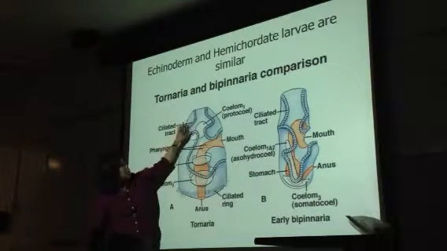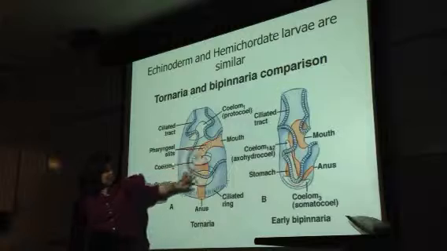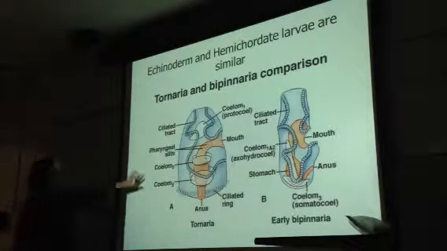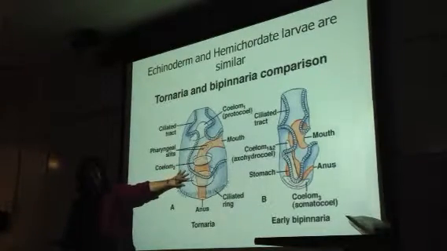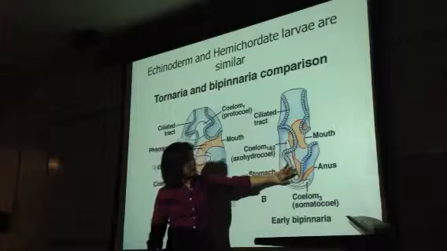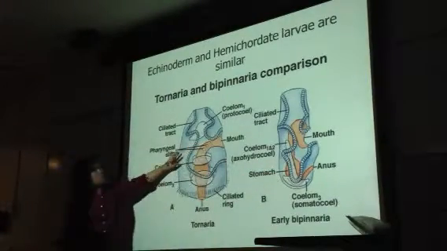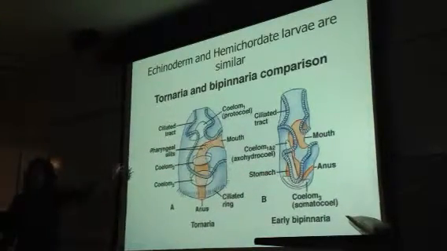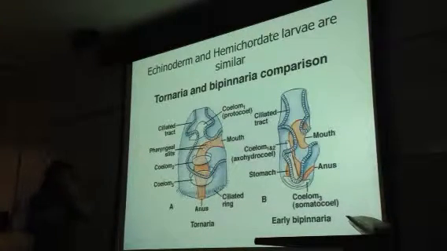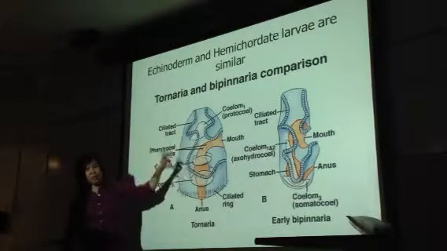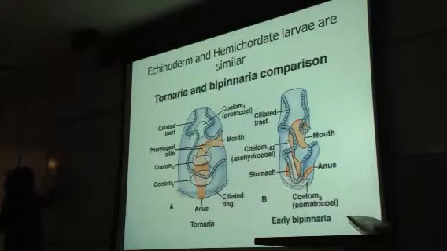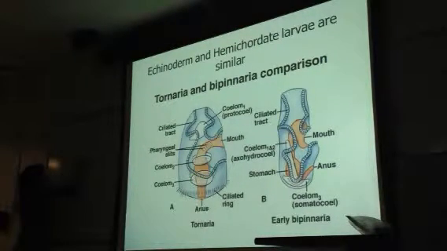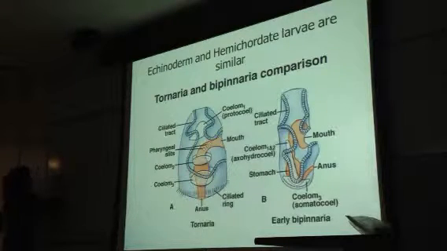They have these sort of tracks, and so based on the similarity of their larval forms, the larva of the hemichordate here and the larval echinoderm here, that is the sea star, that's why they're thought to have such evolutionary ties, as being sister phyla to each other. Because they have very similar